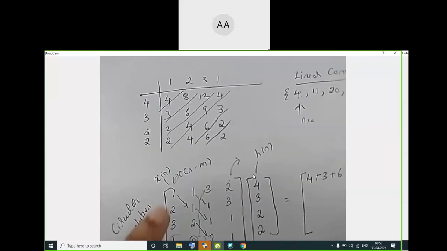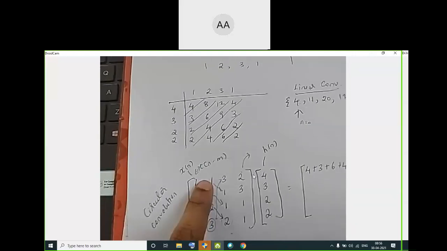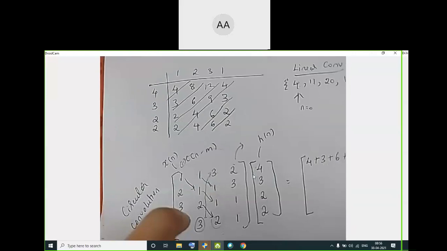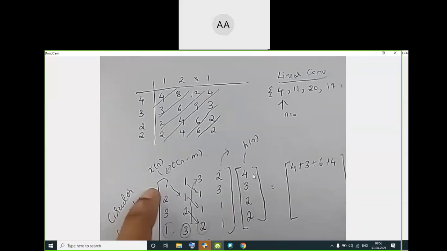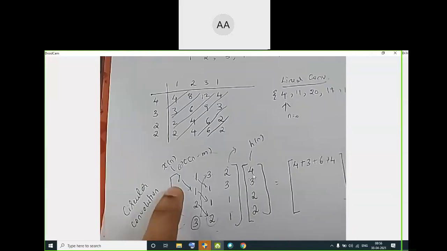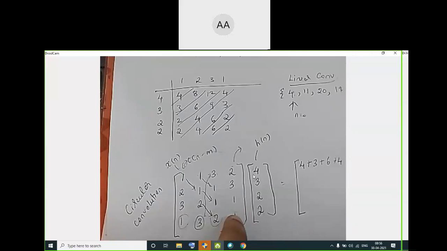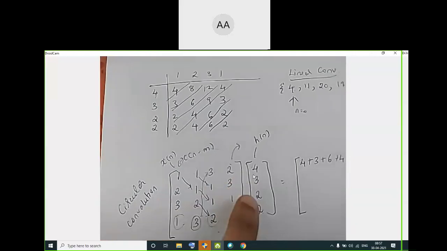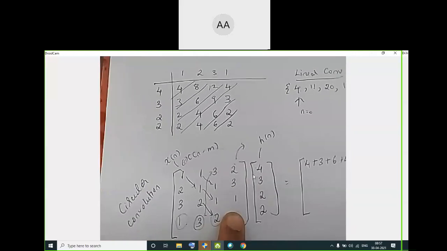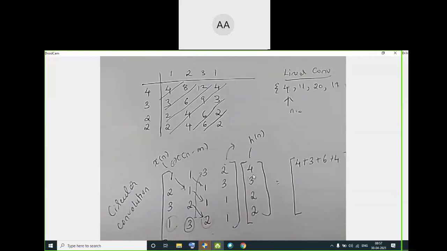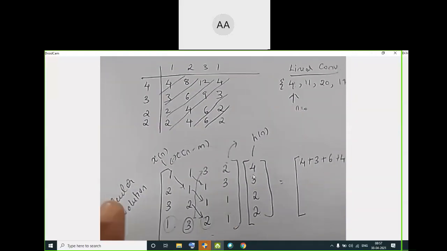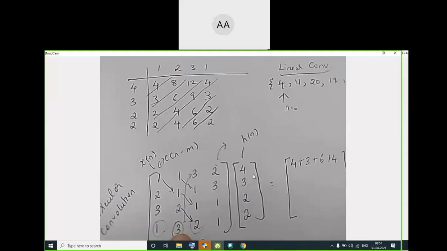You will write it like this. The last value you will put in the first. Take any sequence, either x of n or h of n. Circularly shift it till the next step will be the first sequence. See, this is periodic, right? If you keep on writing this, and do the next shift, this will be 1, 2, 3, 1 again. That is the first line. So you will stop at this point. In short, if 4 values are there, there will be 4 columns. If 5 values are there, there will be 5 columns. That's it. So do the shift like this.